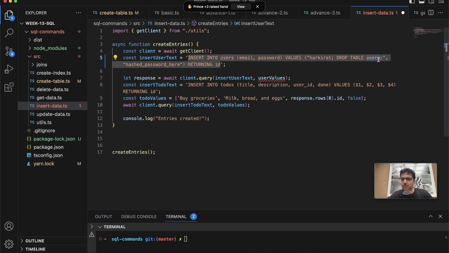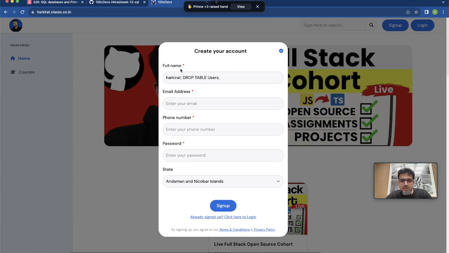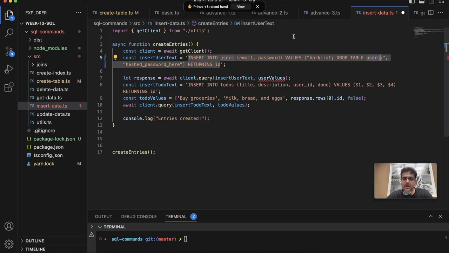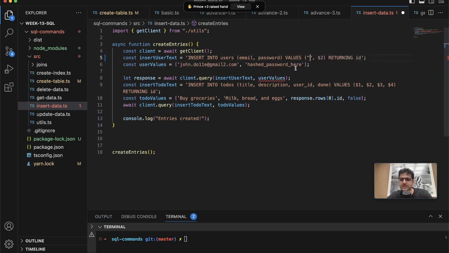This is a very common vulnerability called SQL injection, because you're letting users inject SQL into your backend. The standard way to fix this is that you put these variable templates here and say that the values for these templates are this. This way, even if the user sends you whatever, drop table, this will as such get stored into the database. The email will become John Harkirat drop table, versus